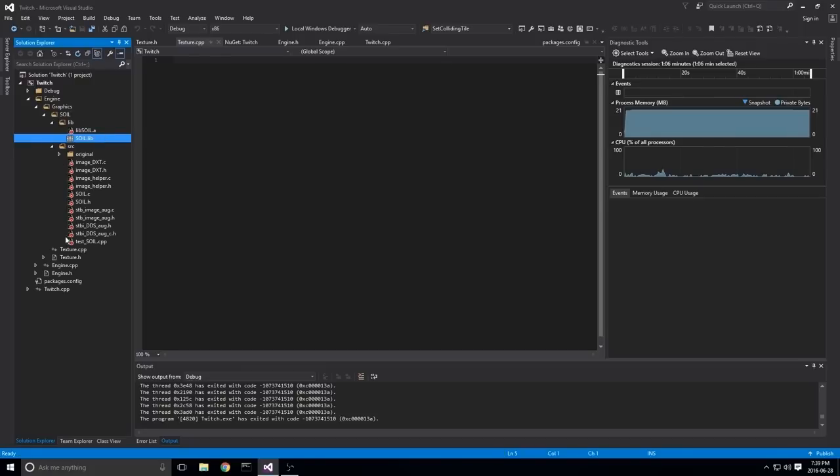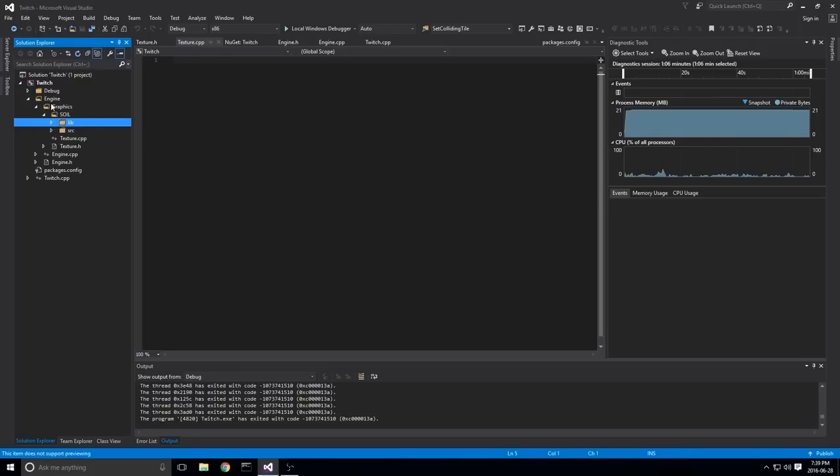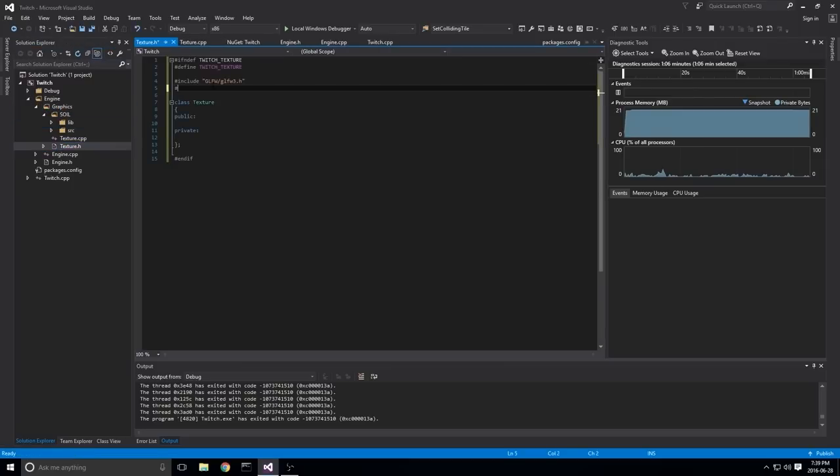And then source, we have everything here. Everything is within this graphics folder, meaning that texture should be able to include it like this: SOIL, source, soil.h. Okay. Now we've got access to the SOIL library. We've included the lib in the project here, which means it'll get compiled with everything else, meaning we should be able to just go ahead and use it.